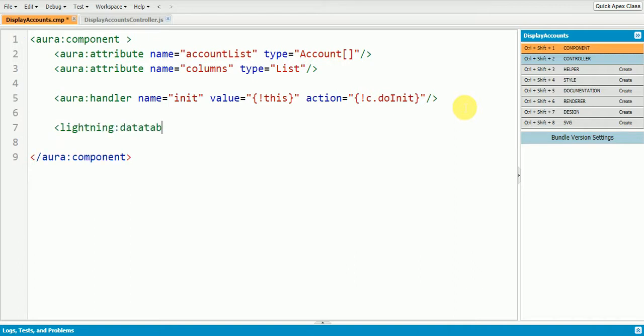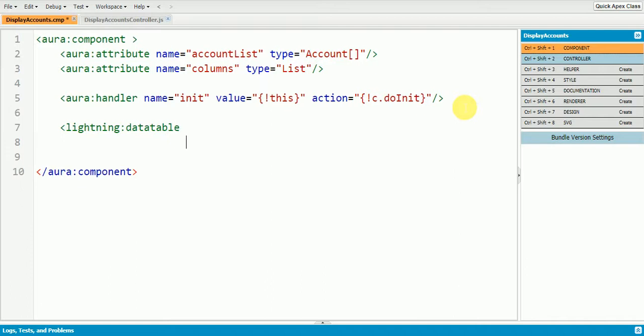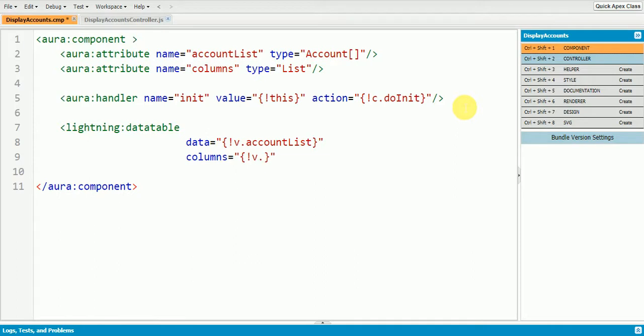This is my Lightning data table, and for the data attribute, I'm going to pass my account list to display in the table, and for columns, I'm going to use this columns attribute which we created.